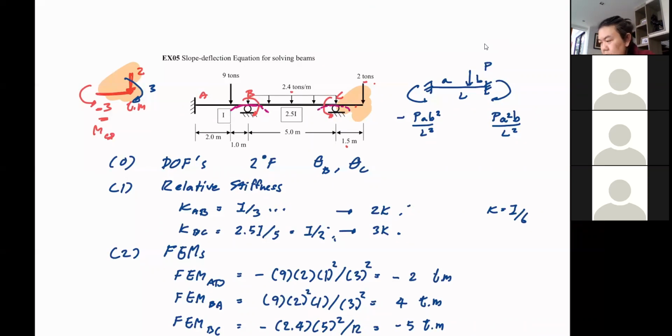Right? Because your positive moment is this curve. It can only occur somewhere close to mid-span. And the negative moment, wherever you have the support, because your beam can only bend like that. So that is a negative curvature. So please keep in mind that if the loading condition is not, say, peculiar or weird or whatever, this is exactly what you should always have, unless, of course, there's a strange case like